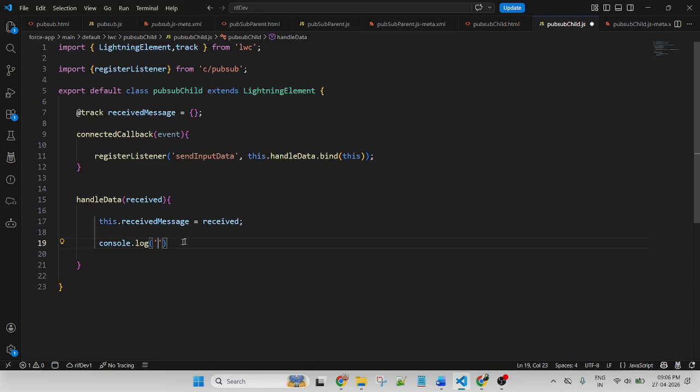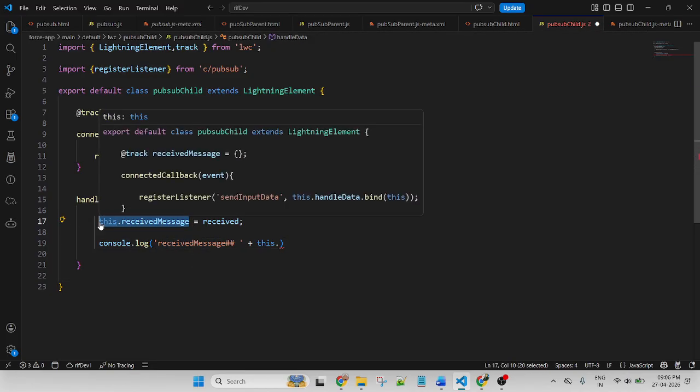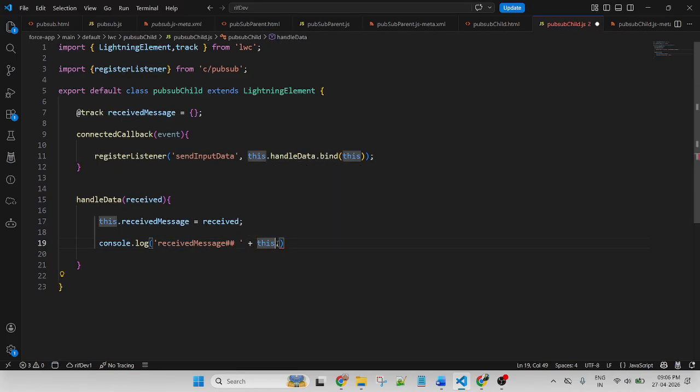Similarly, this is a received message. Before going to the component, let me check what data it received. This dot, this one. Okay.